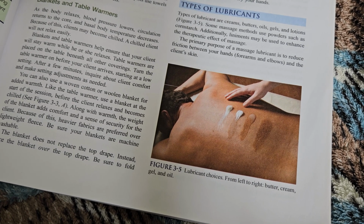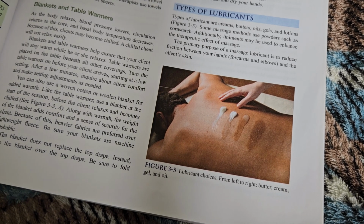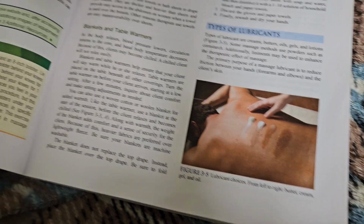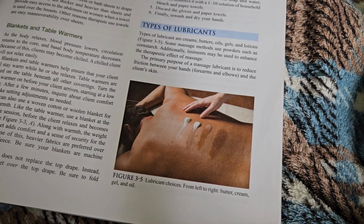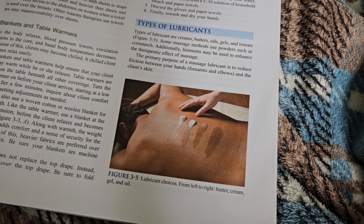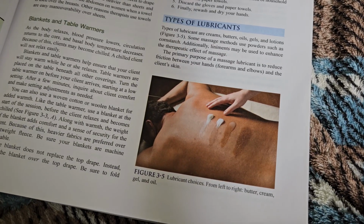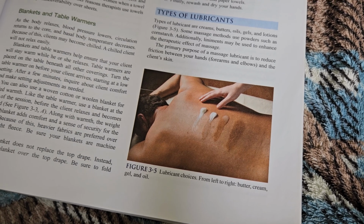If anyone knows the answer to this question, please answer it in the comment section: why would you use some kind of powder to massage someone with? Because what I think of is baby powder, or something the elderly use. My grandma used to put some kind of powder substance on a paper towel and then put it underneath her breasts to get rid of, I guess, sweat. So I'm just not sure why you would use powder during a massage,